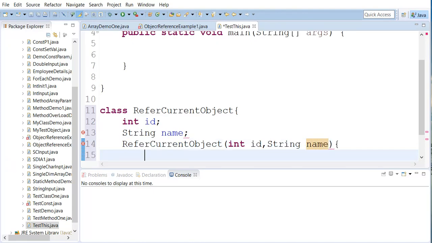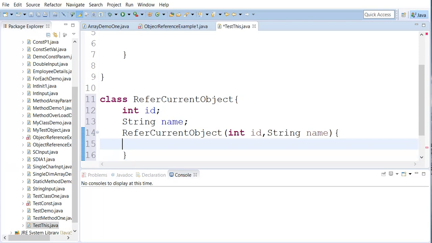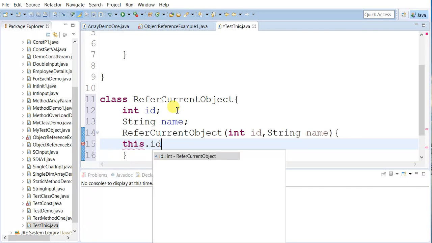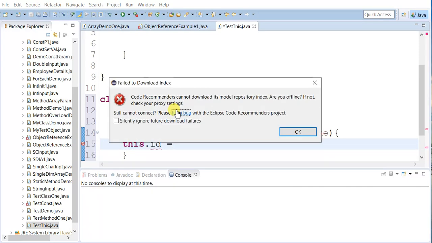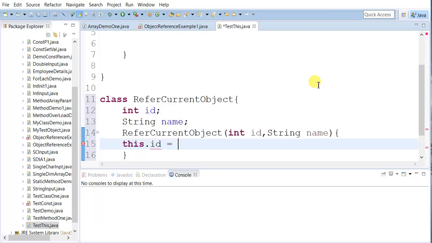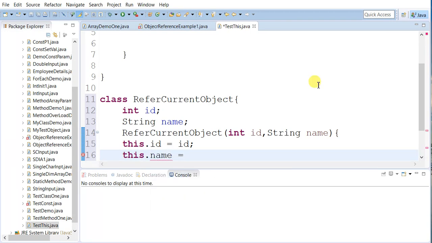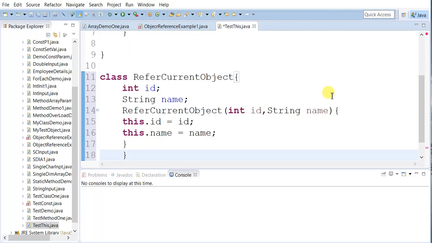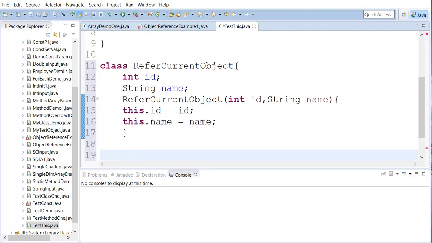When we are giving the parameters, we have to mention this dot id equal to id, and this dot name, which is referring to the current class object, is equal to name. Fine, so my parameterized constructor job is done.